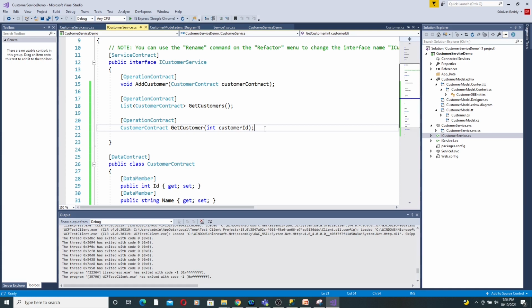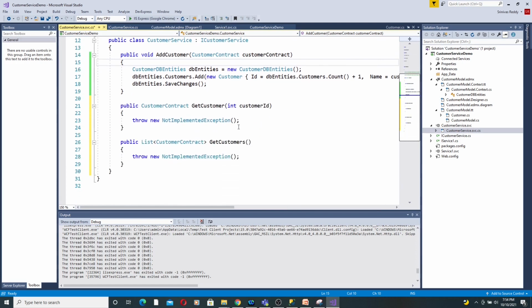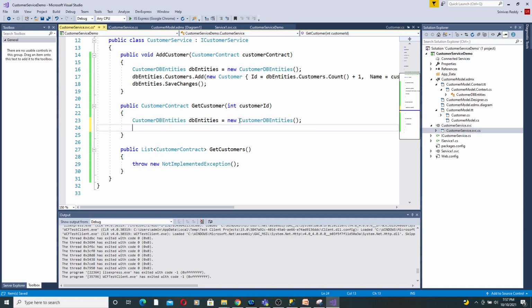Now let's go to the service definition and implement these methods. Let's implement get customer. Matched